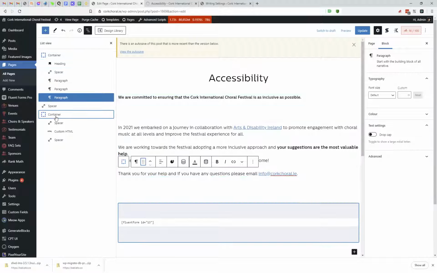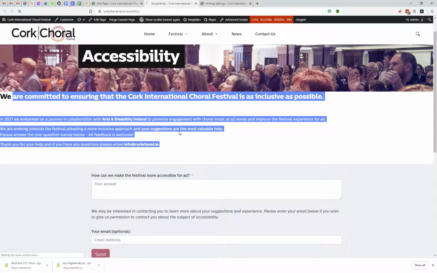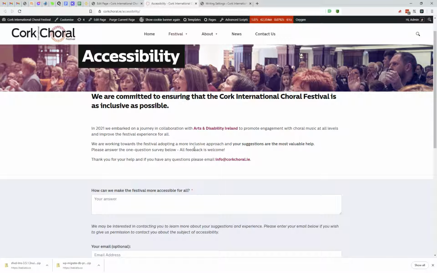So now we have two containers. And in the container settings, we have a full width container, which is good. If you have any background color, you want that to be full width probably, to take the whole width of the screen. And then the inner container is contained width, and you can manually set that to a pixel amount if you want. All the other settings should be fine. So if I update that page now, and look on the front,